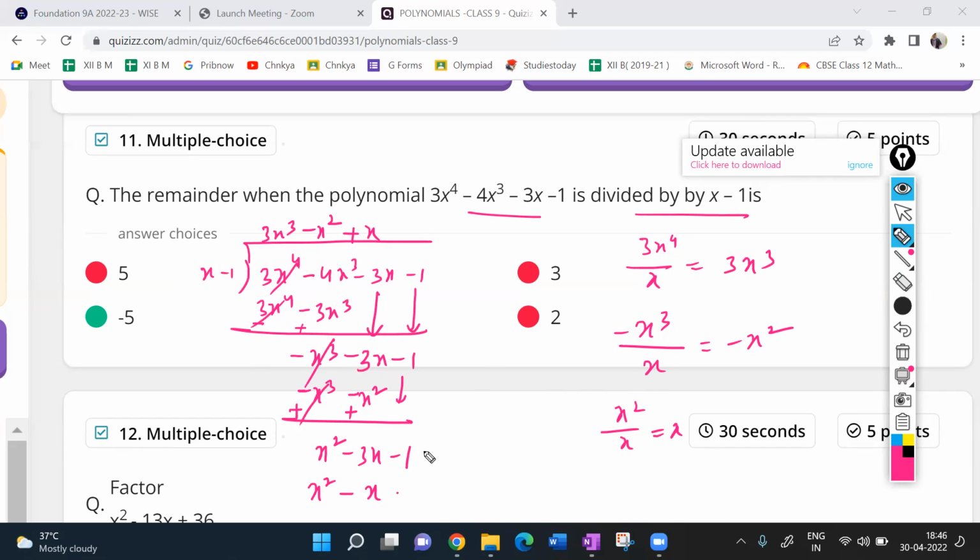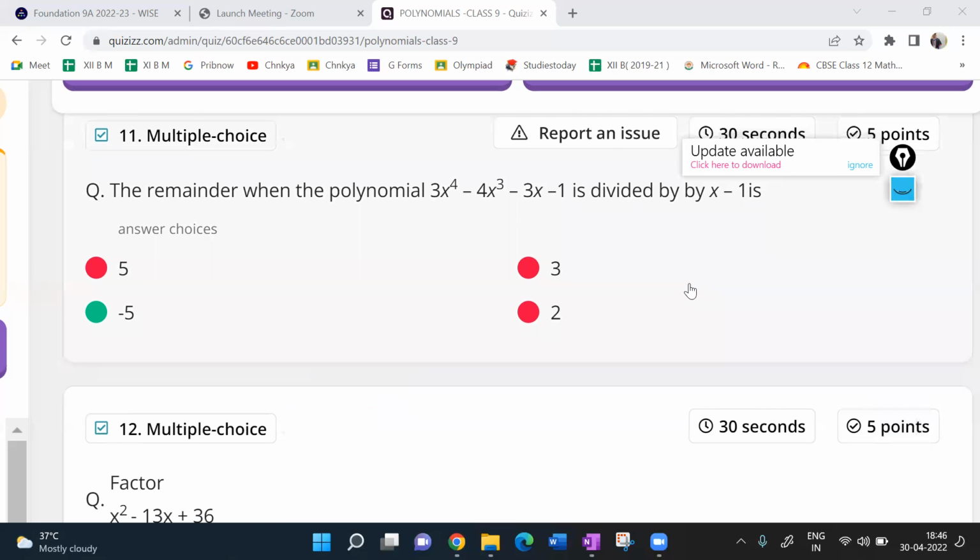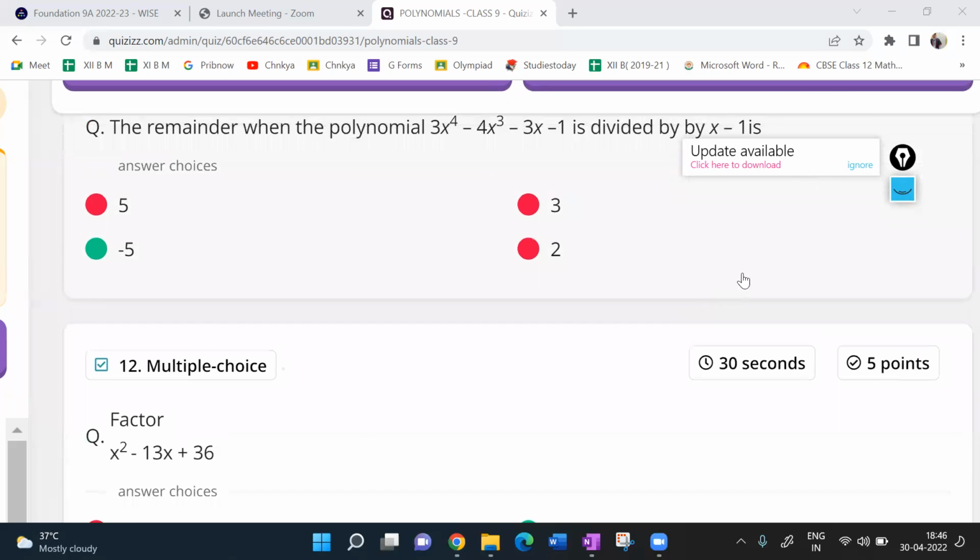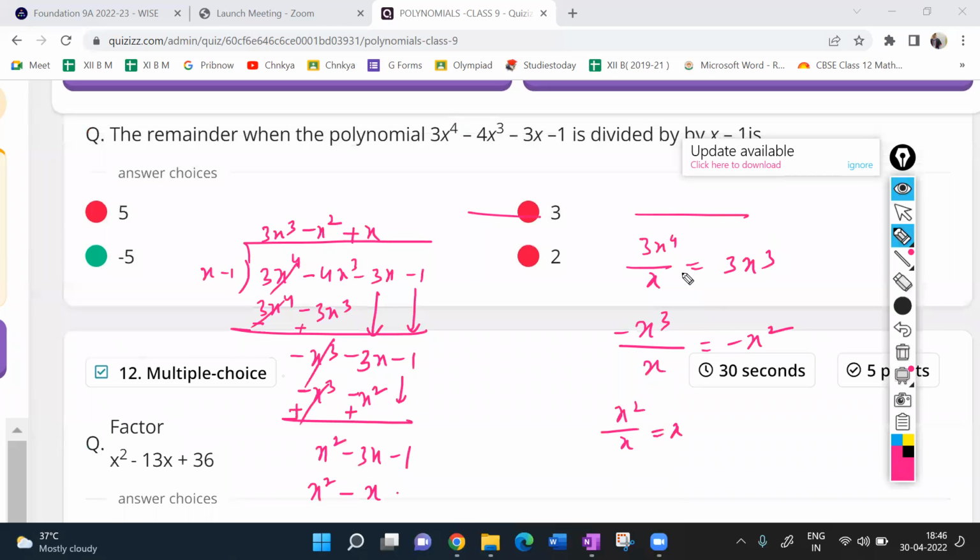Change the sign. Where is it, sir? My goodness. I can't write it more than this actually. One second, guys. This is completely different, beta. I think this is a completely different technology. We can't write however we want. It is not OneNote actually.